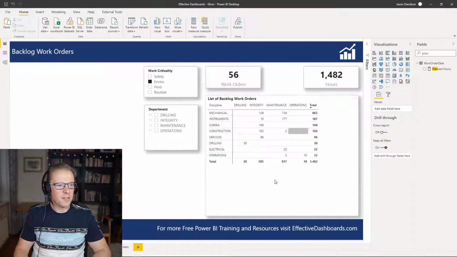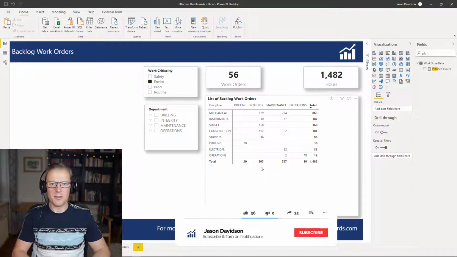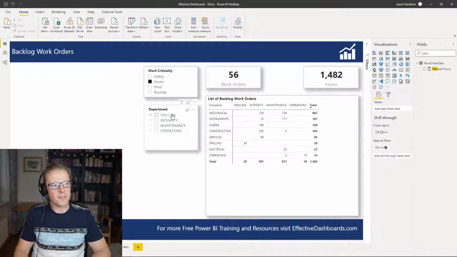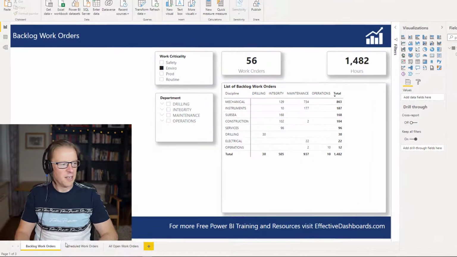So we've got this report here. It's nothing special. I've just thrown it together so that we've got some data to interact with and to filter. And we can see at the side here we've got these slicers. I'll leave a link below to the first video that goes into a little bit more depth about setting up slicers. But for this one we're going to be talking about synchronizing this work criticality slicer across